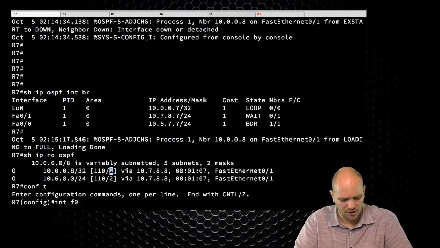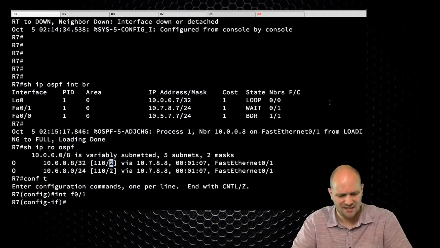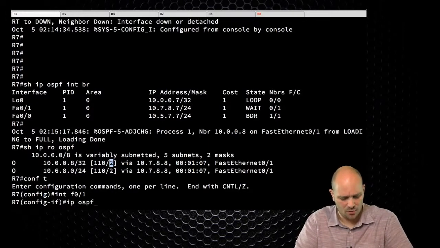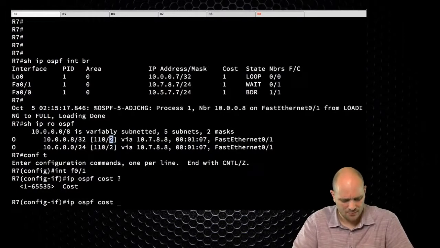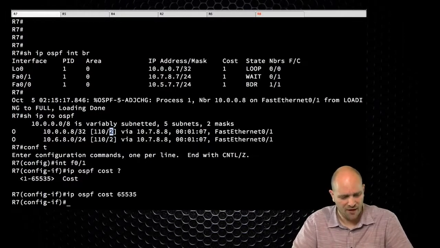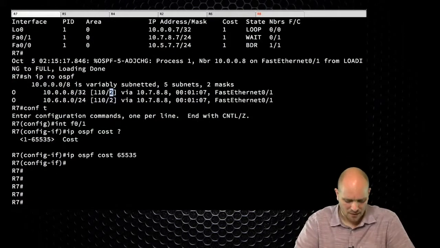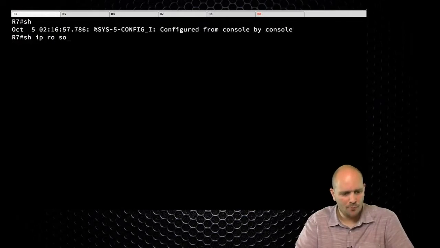So let me address that right away. I know the solution. This is going to be an easy one. This is the easiest task in the lab. I'm going to say ip ospf cost. What is the maximum cost? 65,535. Yeah, that'll do it. So I'm going to do show ip route ospf, but I need to wait maybe just a couple more seconds. So about now,